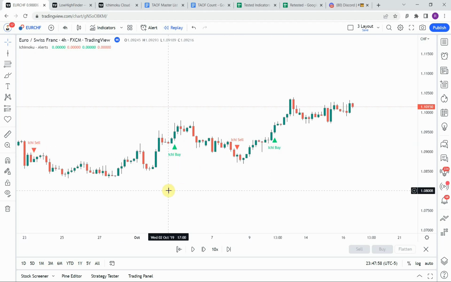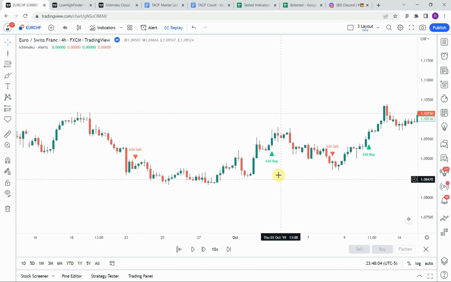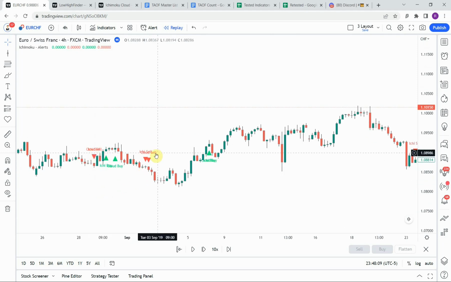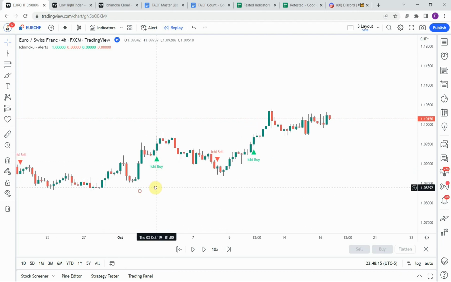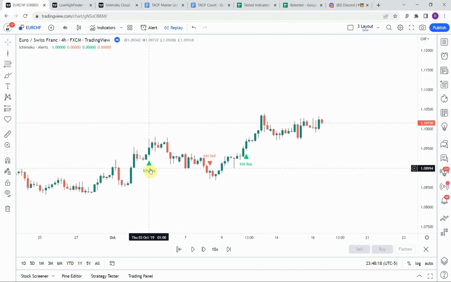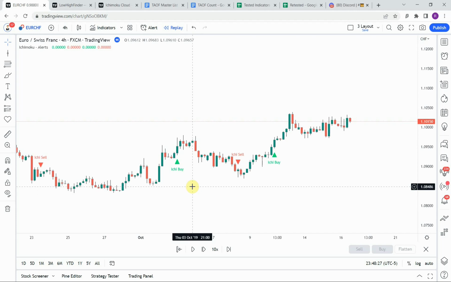And this is how we tested it in the original video, basically just looking for these buy and sell signals. Now it is interesting that you have the Ichi sell and buy signals, and you have the cloud buy and sell signals. And so you can adapt this to specific buy and sell signals, but in the original video we tested it with both the buy and sell signals on, like this here. Now in the original video it didn't have a lot of trades within the 1 year's time, so we did have to drop this down to the 4-hour time frame,